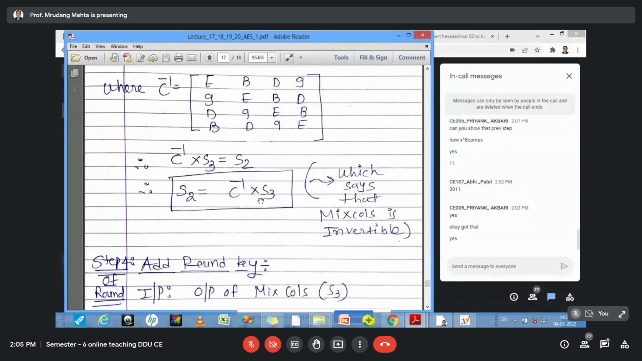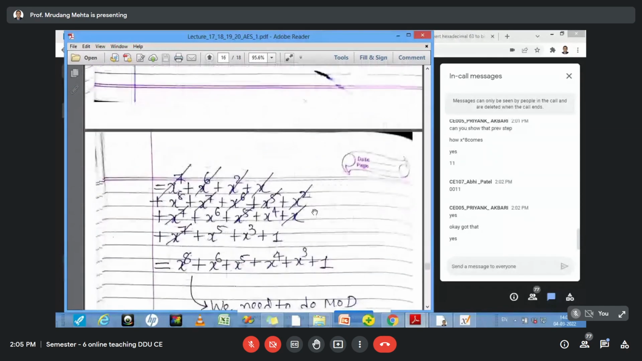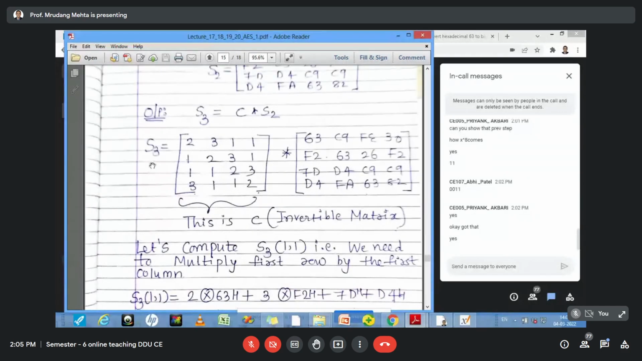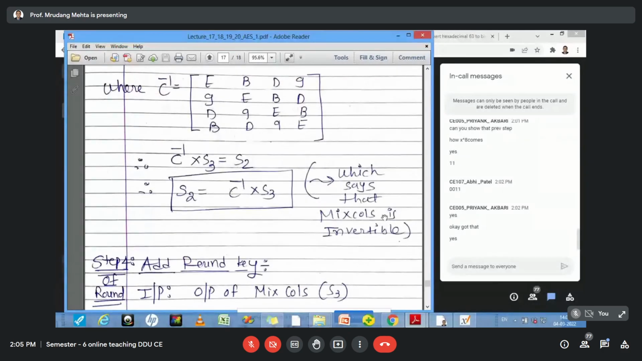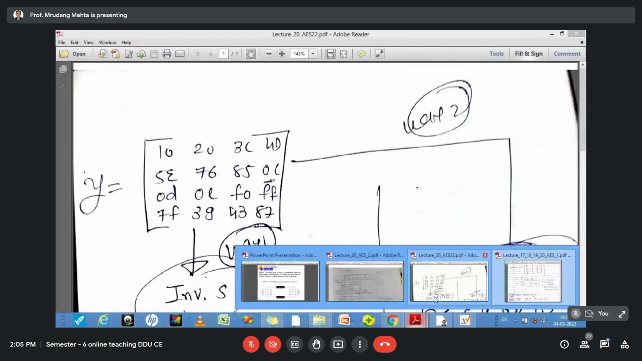Now the next is getting C inverse. So C inverse is the inverse matrix, which ensures that the existing matrix is changed. So S2 equals C inverse into S3. C inverse means C is this constant matrix, and its equivalent C inverse is this. So if you look at the slide,